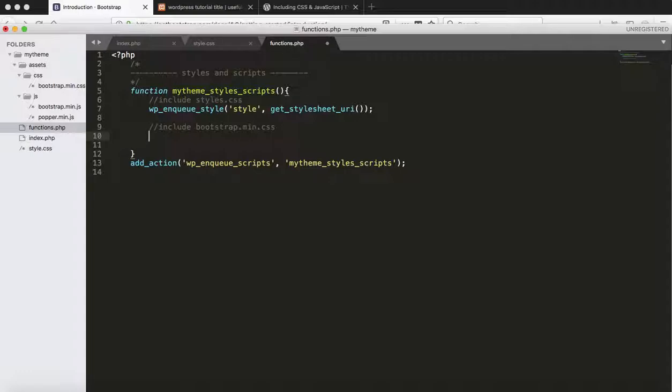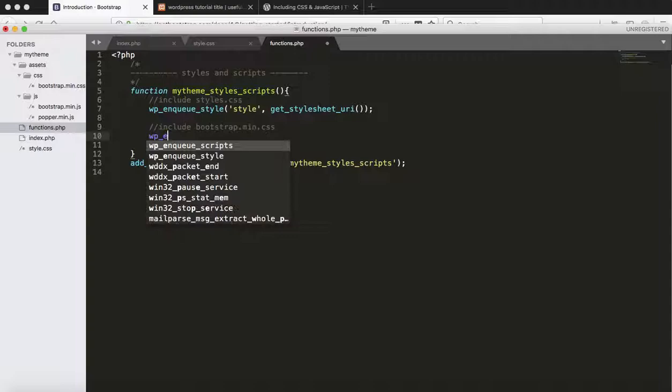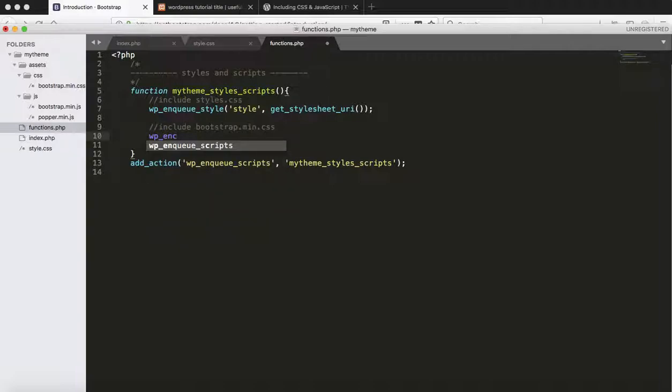It's a comment, it's not required, but that makes it easy for future coding. wp_enqueue_style,